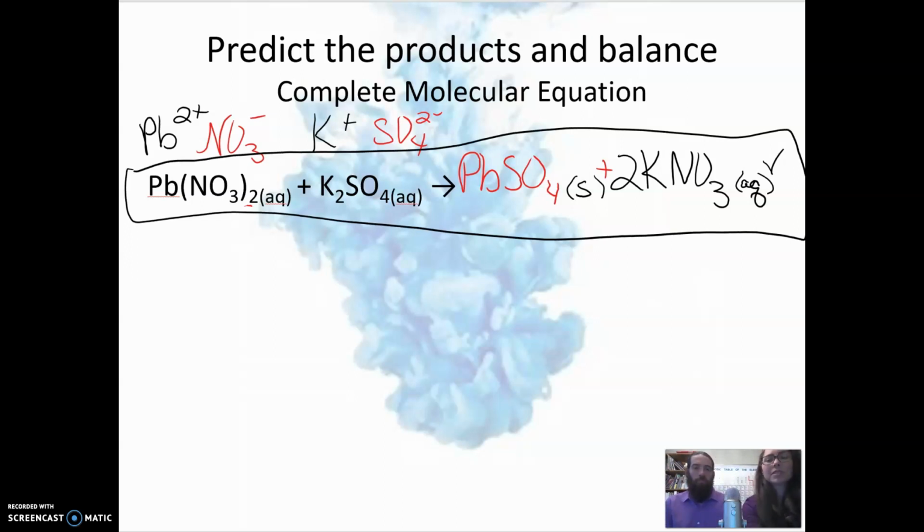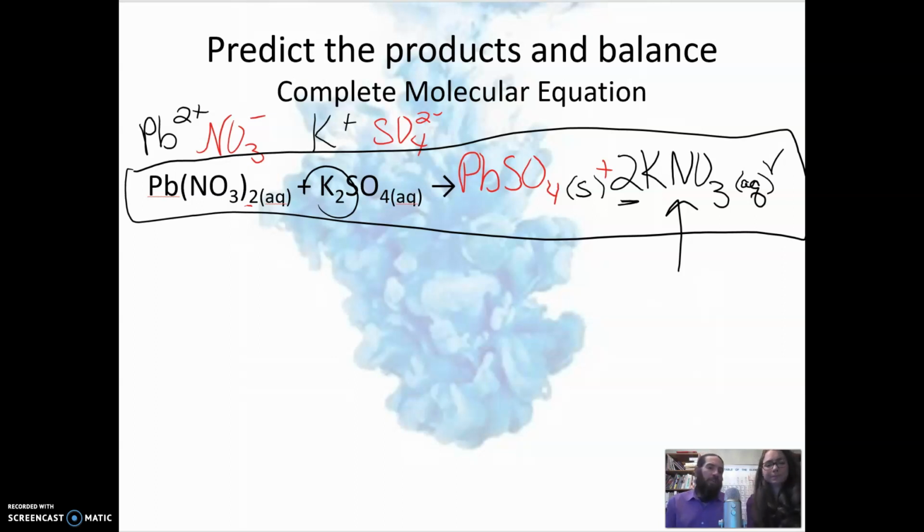So this is considered your complete molecular equation. And we're going to have a couple different types of equations. This is the complete molecular equation, so all the molecules are there. In this case, they're ionic substances. But it's really important that you form the correct formula. You don't put K2 something just because there's 2 over here. That 2 ended up being a coefficient. So it's really important for you to identify what the ions are before you try to combine them into a